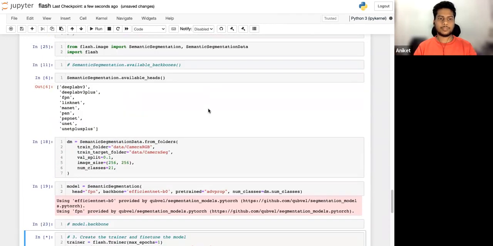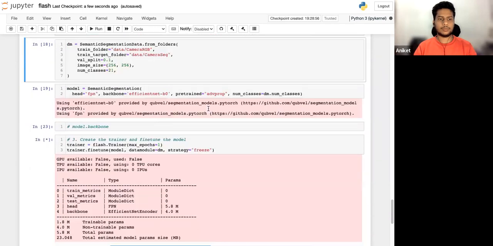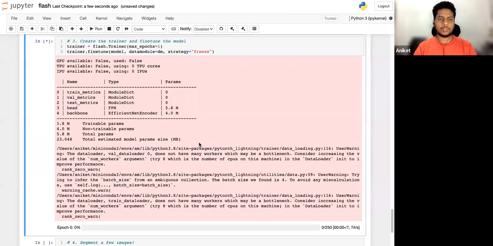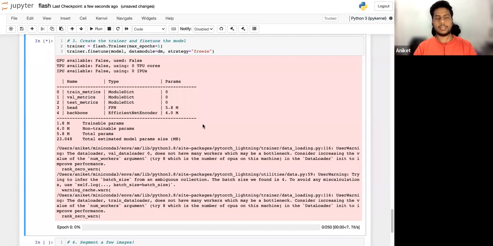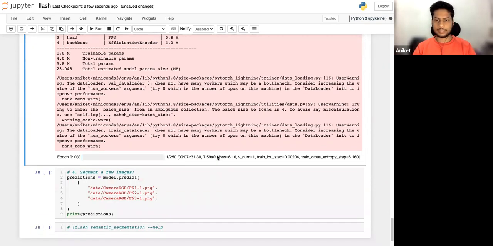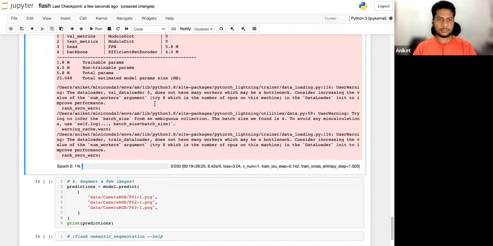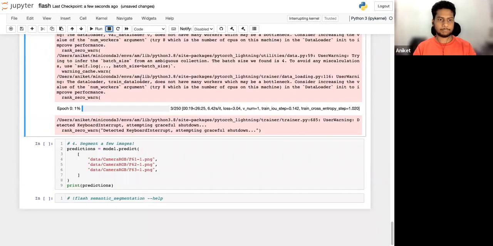With less than 10 lines of code, you can instantiate everything you need to train your model and fine-tune any pre-trained weights available in Lightning Flash, and you are all set. So training has started. This will take a lot of time, so I will stop this.